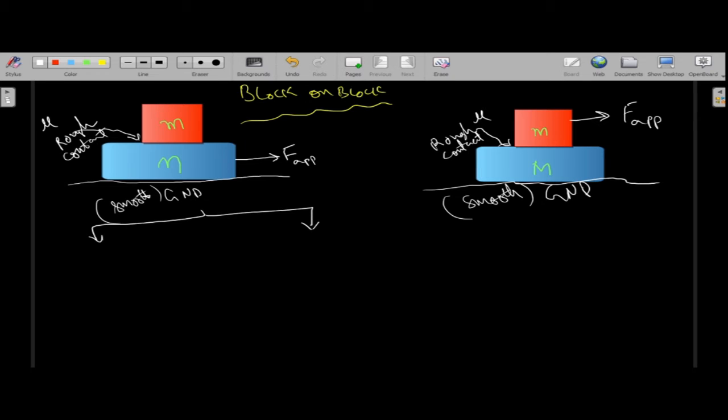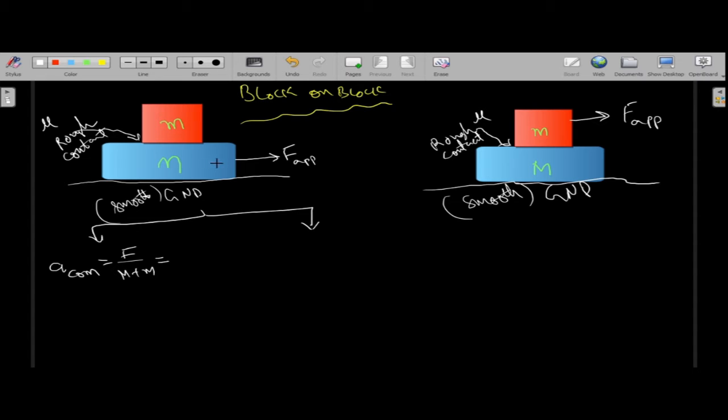Suppose the applied force is enough to make a common acceleration. Then the common acceleration is given by, as we already know this formula, F by capital M plus small m. That is called the common acceleration. Now, on the other hand, this common acceleration value is also given by, for this particular case,